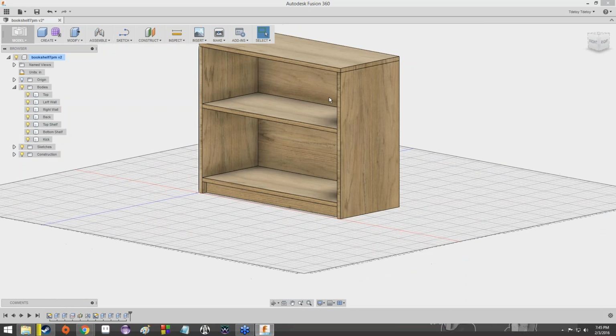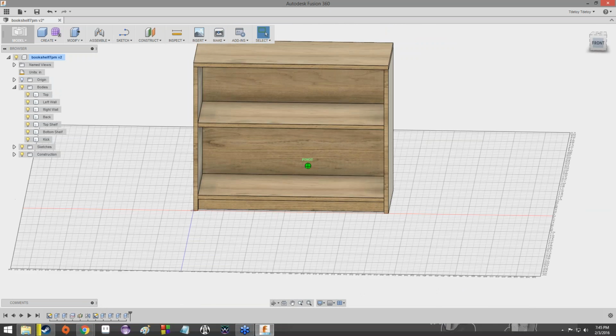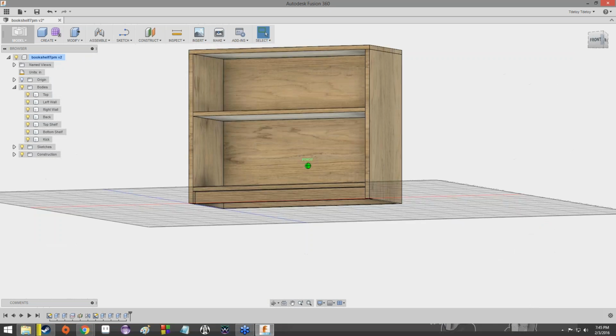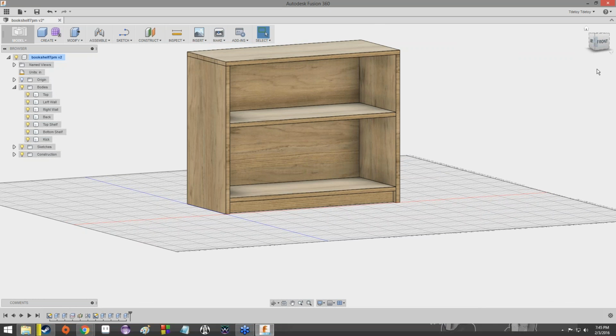What we've done is we've created the 3D model of the bookcase, right? But there are some things missing. Like, just take a stab at it. What do you guys think is missing from this model of the bookcase? Stuff. Stuff is definitely missing from it. You got to get some books in there and things like that, and maybe a PS4 and a TV on top or whatever, depending upon your personal proclivities. But